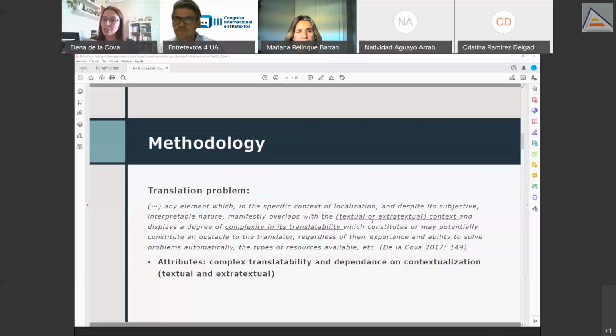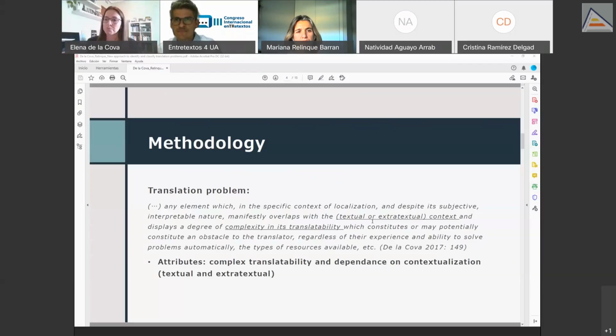Extra-textual context, as we all know, refers more to functional contextualization, which is especially important in professional projects, because a project is really harnessed to its context, and the different factors of that functional context, like the client requirements, prototypical project requirements or particularities of the target culture, play a very important role and are a constraint on